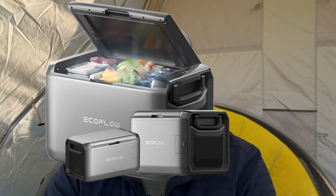Now, Ecoflow claims a 43-hour runtime on this battery in eco mode. Now, there is one caveat to that. That's with the 35-liter fridge. You see, this fridge comes in three different sizes. You've got a 35 liter, a 45, and a 55. Now, the 45 and the 55, Ecoflow is claiming a 39-hour runtime on those fridges, which is really cool because